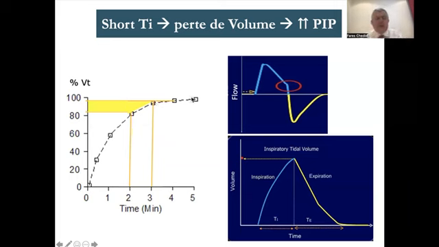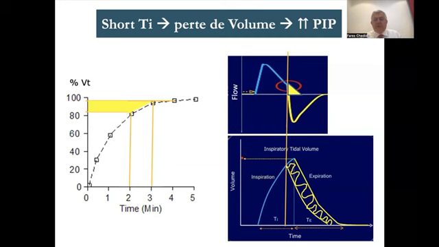in that flat area, and at that flat area the volume is flat, so increasing the I time will not make any difference to the VT because we are in the flat zone. But if you shorten the I time from 3 time constants to 2 time constants, look at the amount of volume you lose. You see this amount of volume you lose in the volume graph.